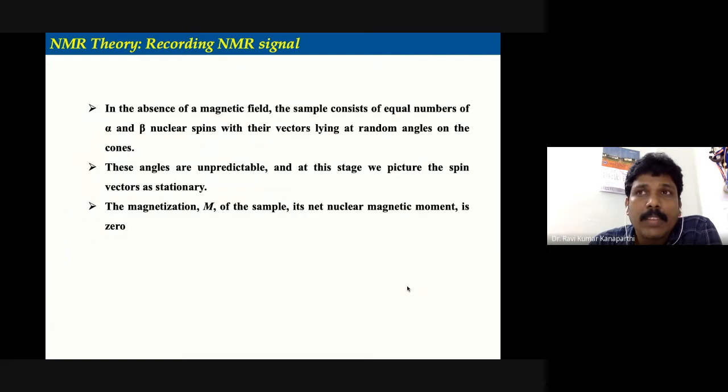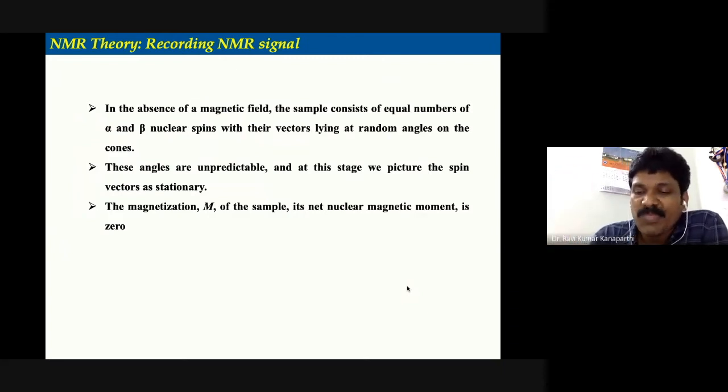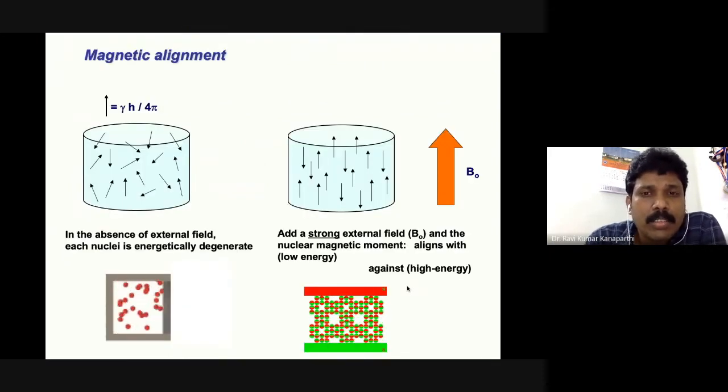And if you talk about how the spins arrange in the absence of an external magnetic field, it is a very random motion, and therefore there will not be any net magnetization vector. All the spins orient in different directions in space. So naturally, when you try to take the net magnetization, there won't be any magnetization. The magnetization is said to be zero. And you can represent this pictorially, something like this.